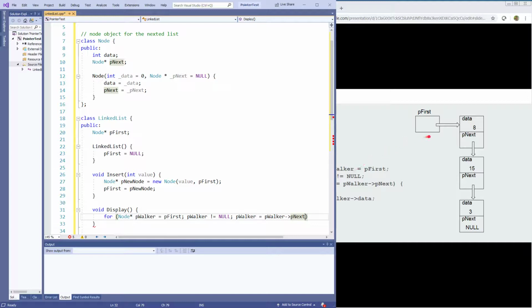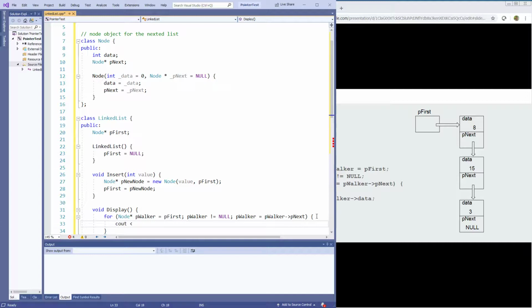So p walker is going to point to the same thing that p first is pointing to, and then as long as it's not null, which means the list wasn't empty, we'll do something, and when we do the update for the loop, we'll set p walker to p walker next, which means it'll just move down to the next one, do something with it, move down to the next one, do something with it, move down to the next one, and that will set p walker to null, and then this test will fail and we'll break out of the loop. So in this particular case for display,